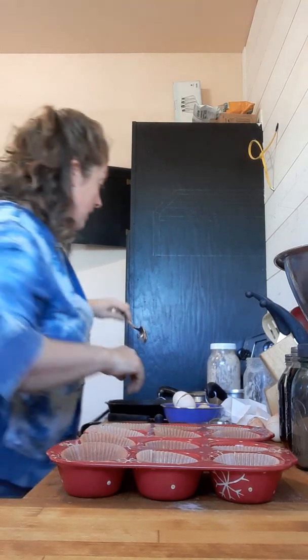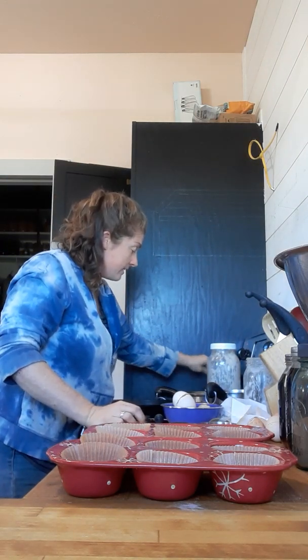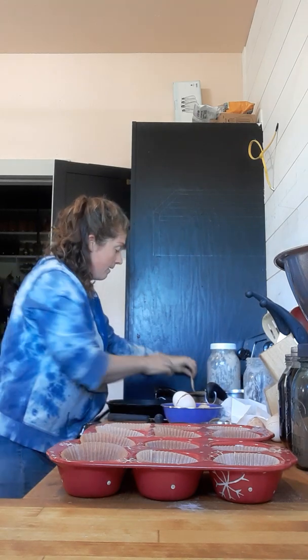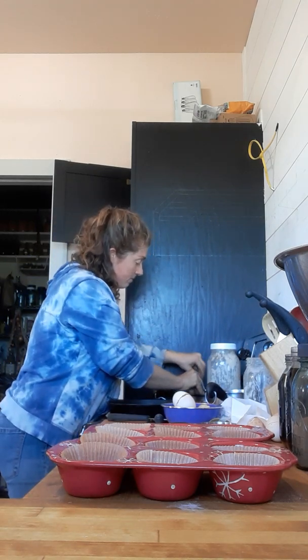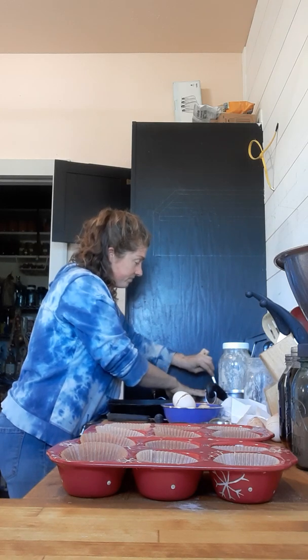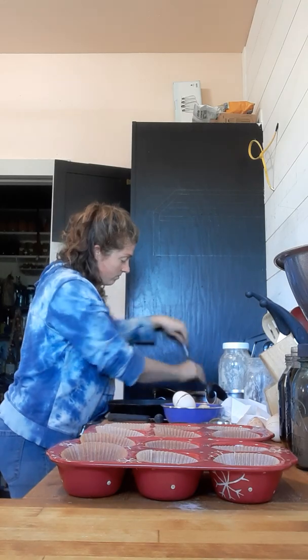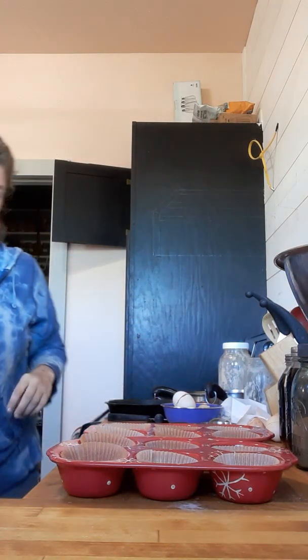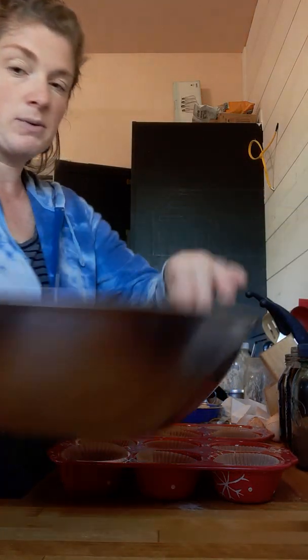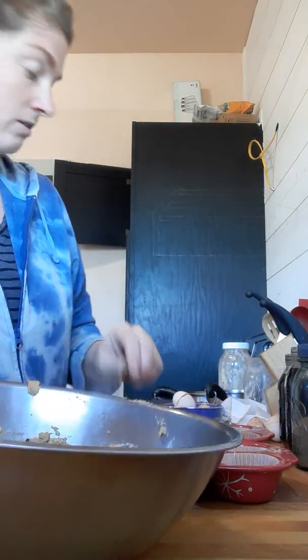I'm going to go ahead and give this a stir back here, because what you don't want to have happen is have cinnamon burning to the pan. So I'm just going to give it a stir. We're going to get it melted. Okay, so while we're waiting for that to melt, we're going to take our batter, which is in here,